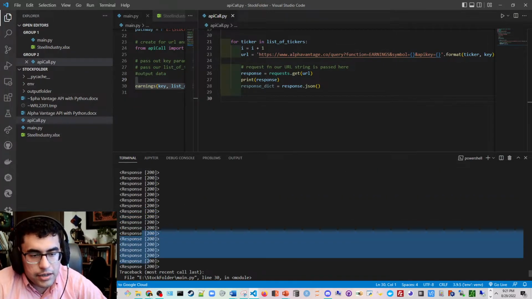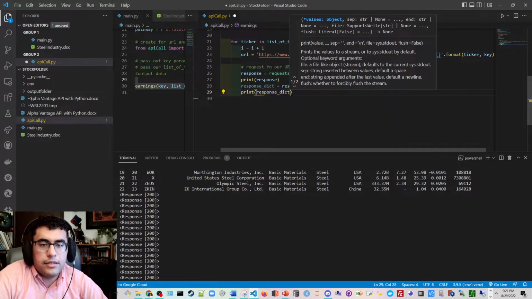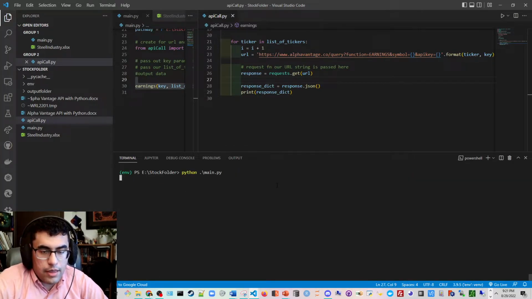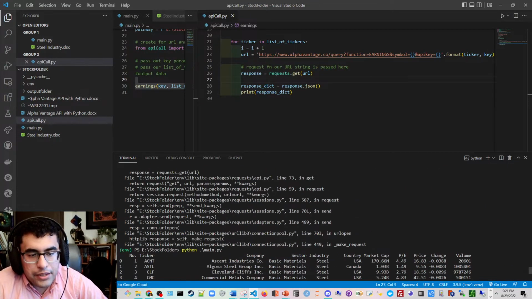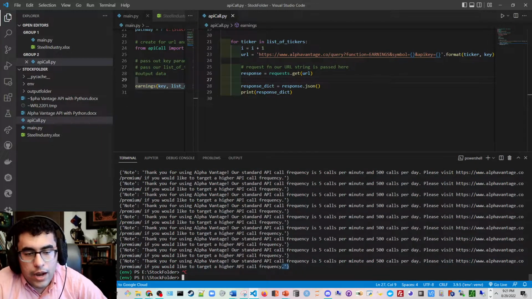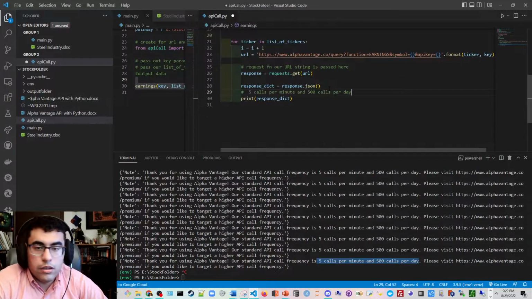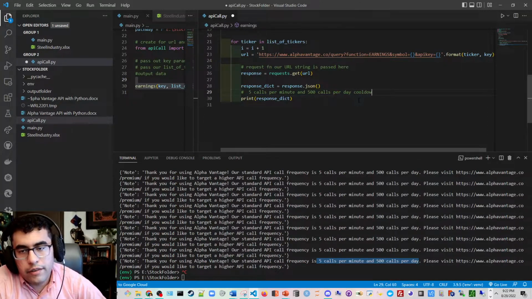200 means success right here. So we can also just read the response directly, read the text right here. So I want to get rid of that, and then run it again. Okay, and it's complaining that I've made too many API requests. So there's a cooldown period. If you read this message, it says thank you for using the API, but now it's saying, okay, look, you have 5 calls per minute or 500 calls per day, and this is just a cooldown so you don't overload the server. Or basically they want to charge you